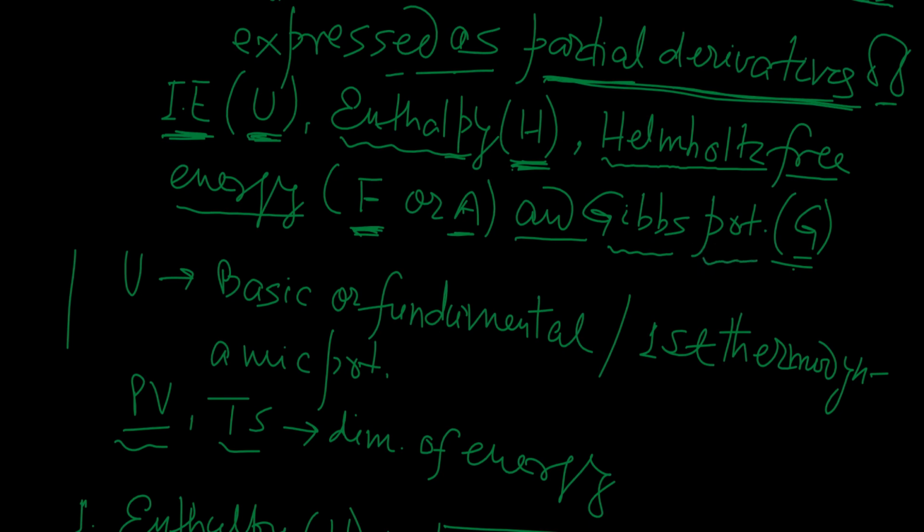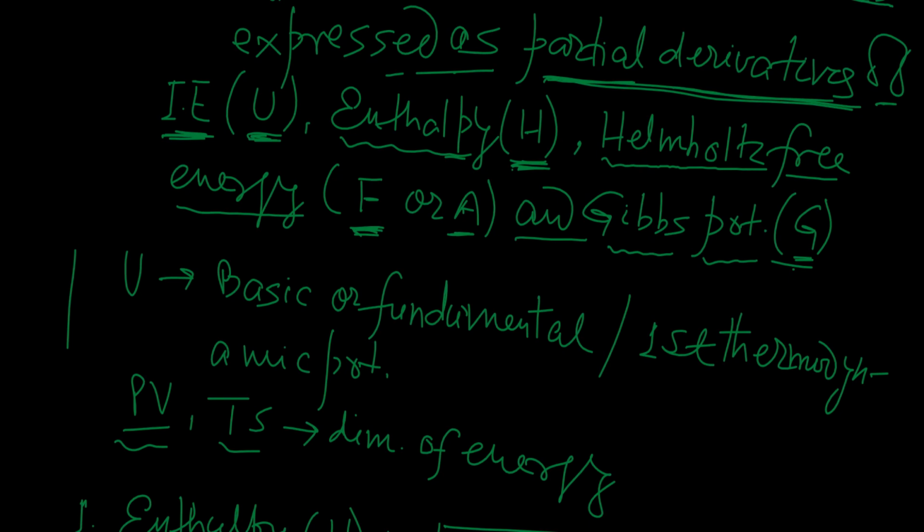Gibbs potential, or you may say Gibbs free energy too, and this is denoted by the symbol G. We will see in this lecture, which will be completed in 2 parts,